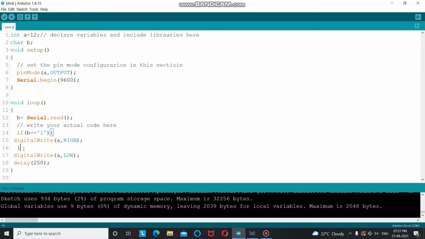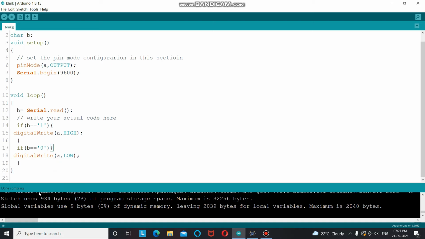So in the second condition, we have to write if b equal to 0. Again, this is a character type of data. So this is the program for our project, but we want to display some information for the user, like Serial.println.